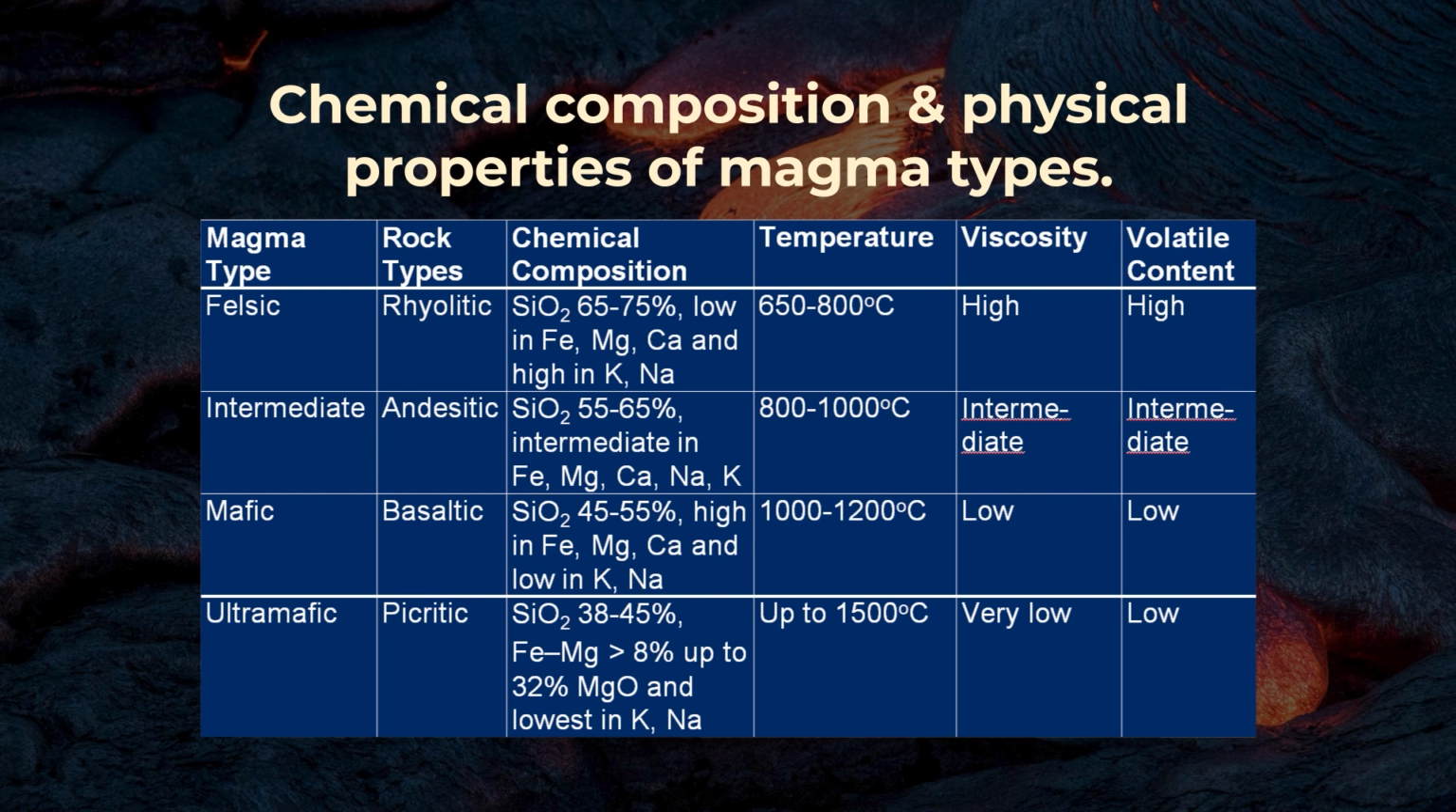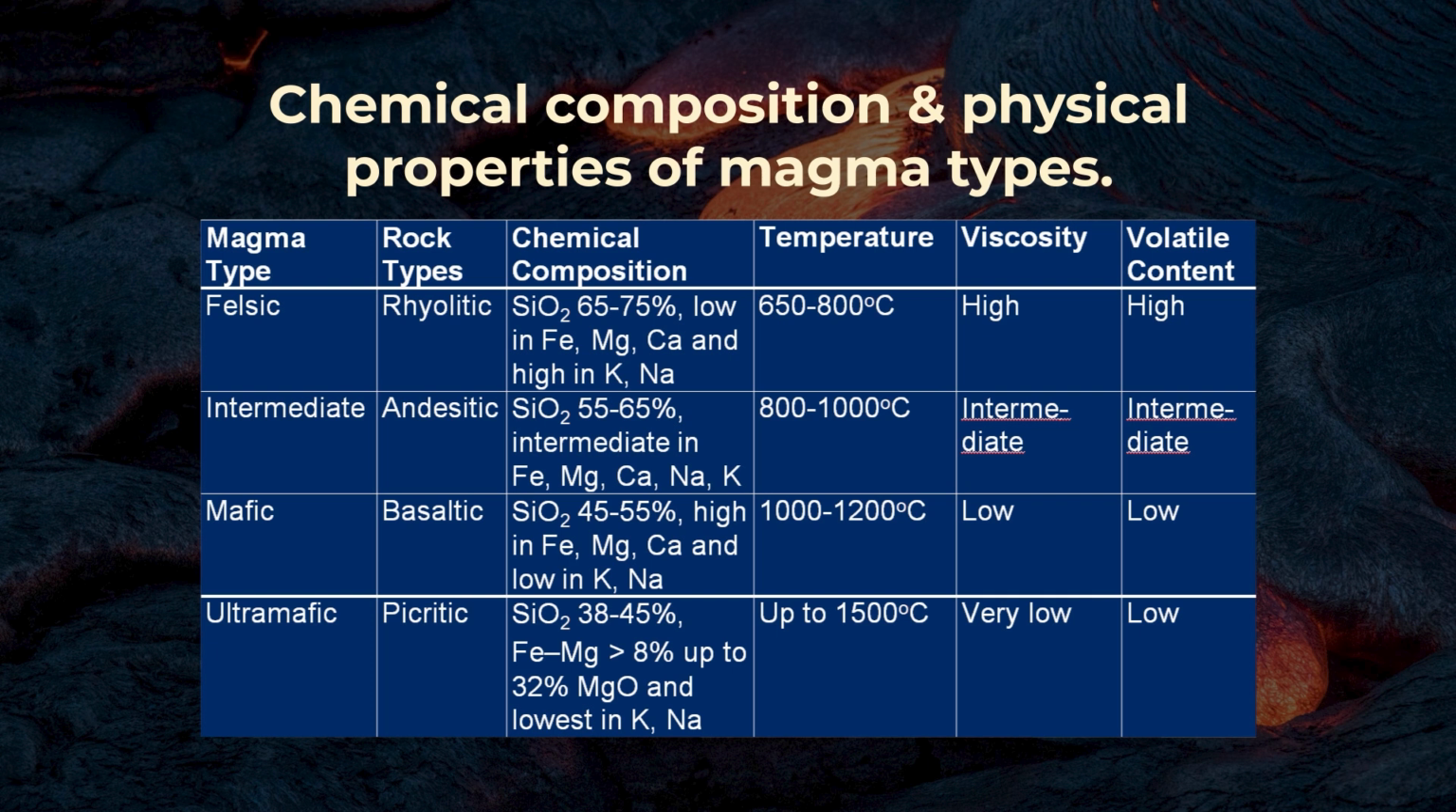Felsic, that is rhyolitic: silica ranges between 65 to 75% with low iron, magnesium, calcium and high potassium and sodium. Temperature is 650 to 800 degrees, and viscosity and volatile contents are high. Intermediate, that is andesitic: silica ranges between 55 to 65%, with intermediate iron, magnesium, calcium, sodium and potassium. Temperature ranges between 800 to 1000 degrees centigrade, and viscosity and volatile content